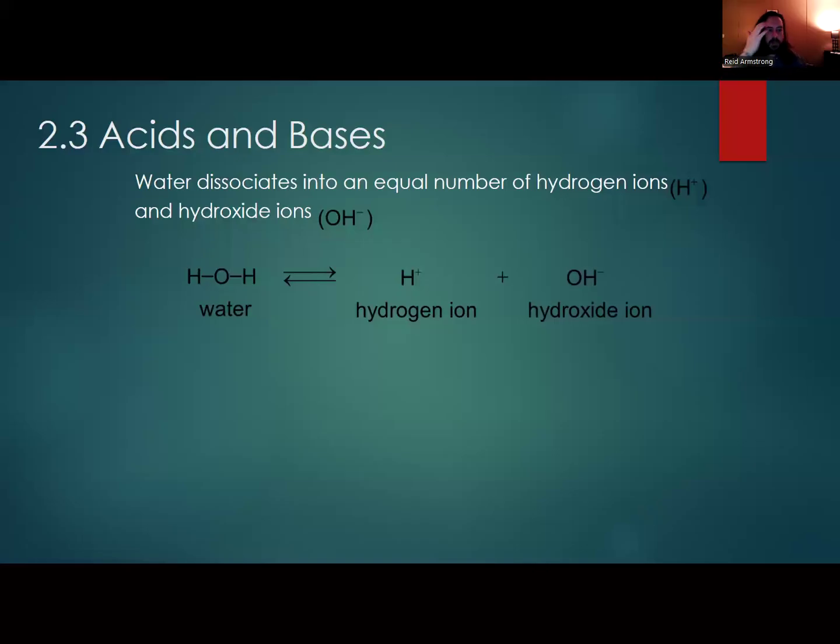Alrighty, welcome back. So we're going to continue with where we left off with acids and bases. So water dissociates into an equal number of hydrogen ions and hydroxide ions. Hydrogen ions are just hydrogen. They have a positive charge. And then hydroxide ions are going to be one oxygen and one hydrogen. This has a negative charge. So water, whenever it's exposed to certain things, breaks down, and those are going to be the two products